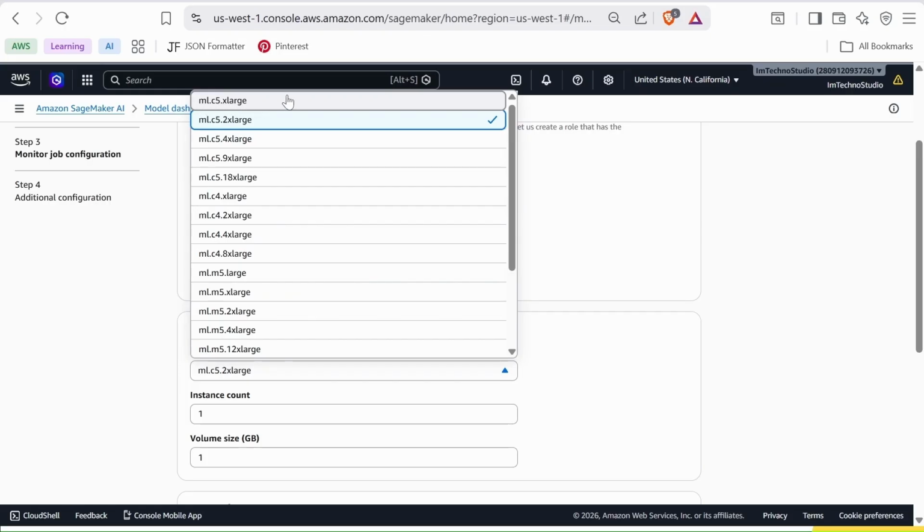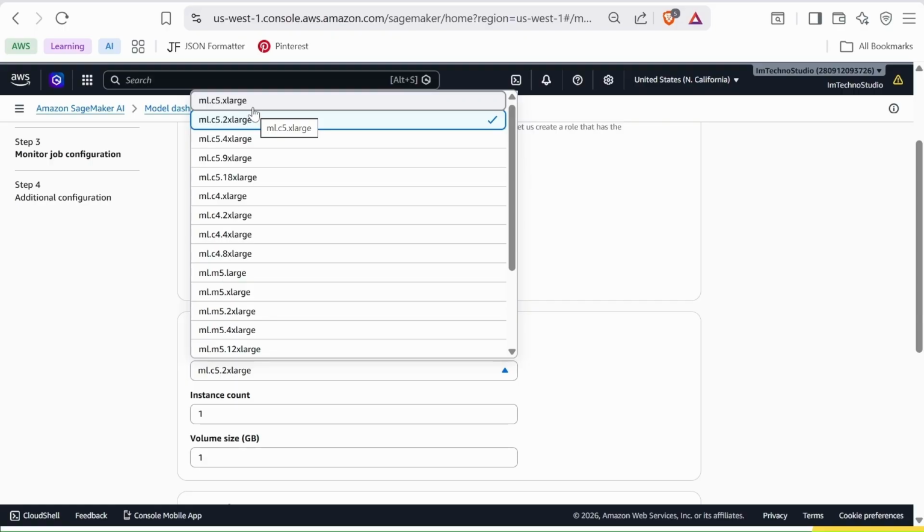The reason I'm not selecting the ml.c5.xlarge is that we already requested a quota of 1 for that instance type in the previous step while creating the baseline. As you may remember, requesting a quota greater than 1 typically requires a manual approval from the AWS support, which can take some time. So to avoid waiting for additional quota approvals during the demo, I'm choosing a different instance type for the monitoring job. However, if you have enough time to prepare in advance, you can request the required quotas beforehand and use the same instance type for both processing jobs, the baseline creation job and the monitoring job. Using the same instance type can also help simplify the setup and potentially reduce cost.